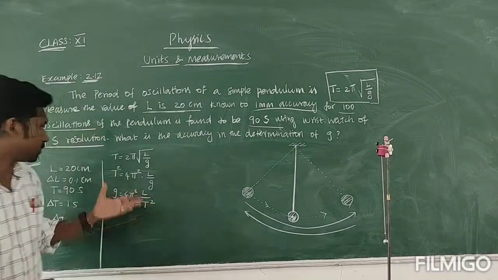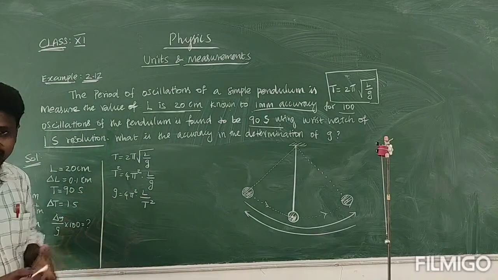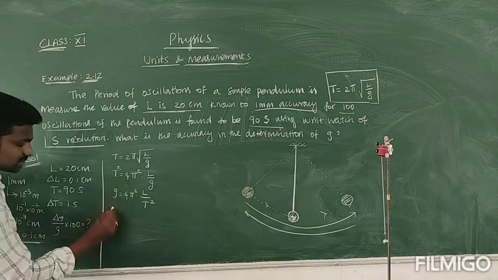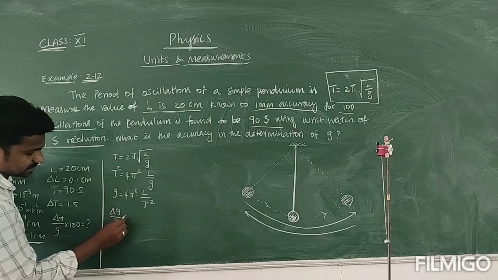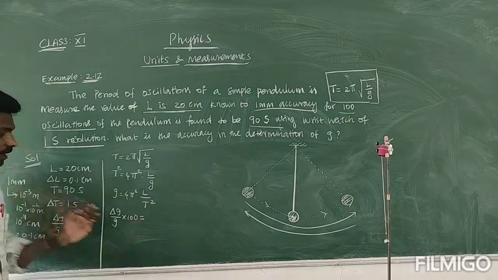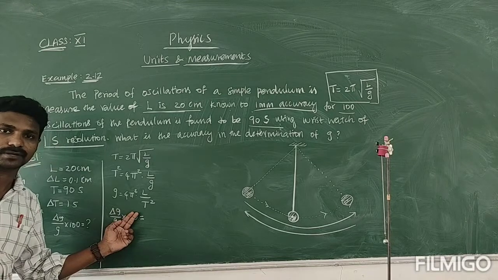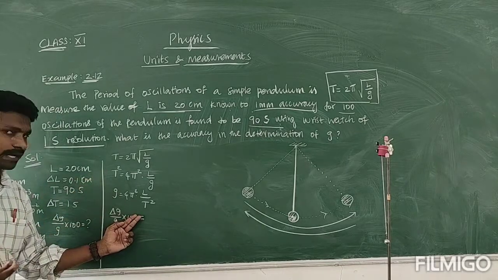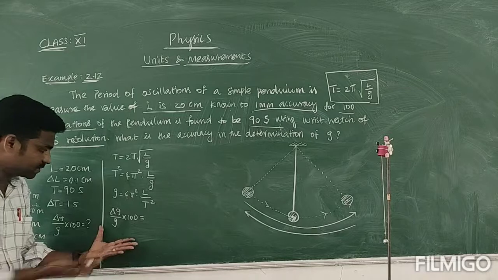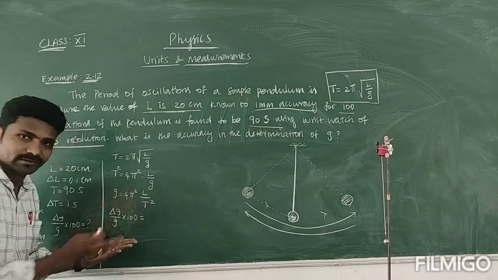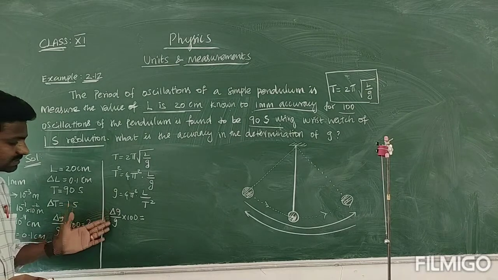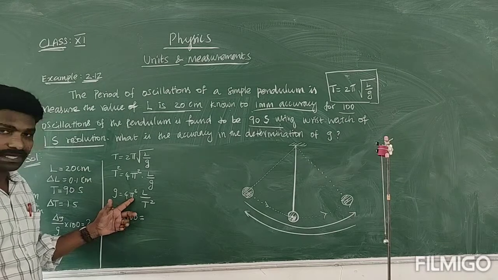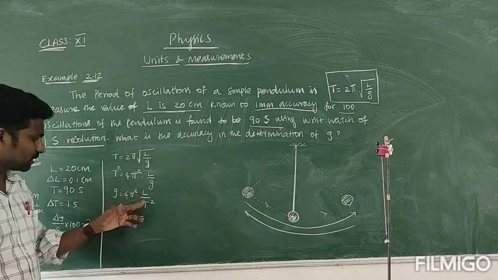So from the time period we got only the gravity, but we want to calculate the accuracy value in percentage. So let's write that is delta G divided by G into 100. Or otherwise you can write delta G divided by G alone. After calculating that relative error, finally you can convert it into percentage. According to your convenience, I can directly calculate with the percentage error. So delta G divided by G into 100. If you observe, 4 is a number and pi value also is a constant, so it will not come. Only the changeable values will come.